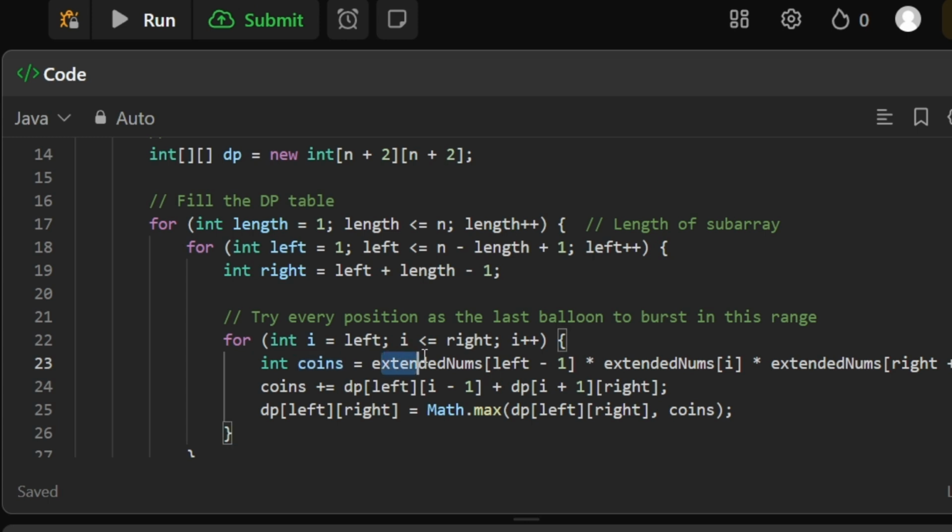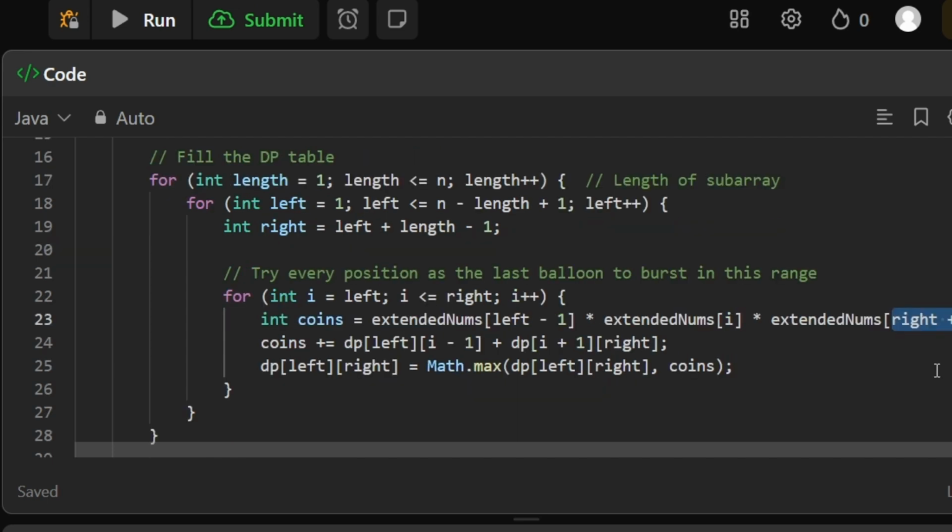That would be by doing the multiplication of extended nums of left minus 1 multiplied by extended nums of that particular value multiplied by extended nums of right plus 1. Notice that we are taking the values that would be out of the range for every single value, and we are updating the value plus by doing the coins